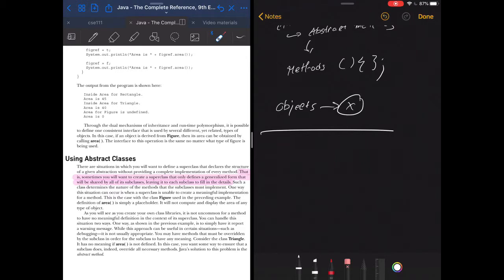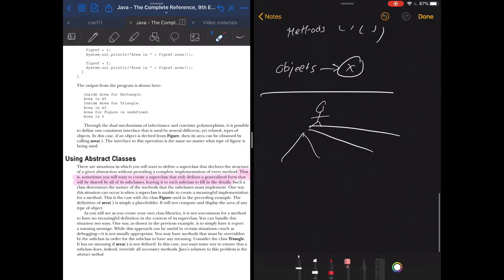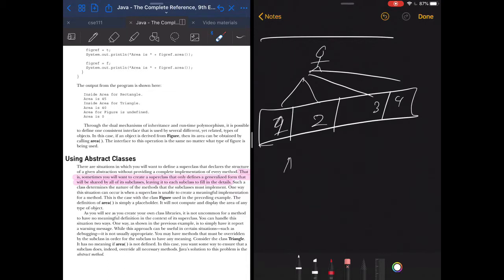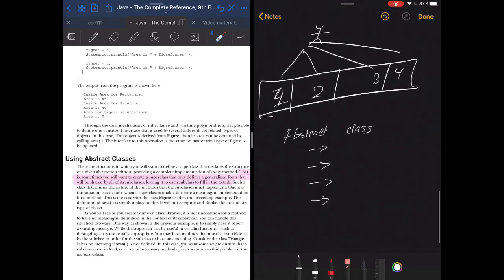Abstract classes are basically used in almost all cases, and if you think about it, let's say you are a project leader and under you there are 4 people working, so 1, 2, 3 and 4, and you as the project leader want the code to be very modular. You want different parts of the code to be written by different people. So what you do is you define an abstract class. You define your own abstract class that would have different abstract methods, and each one of the members